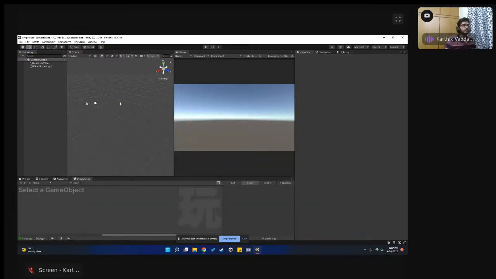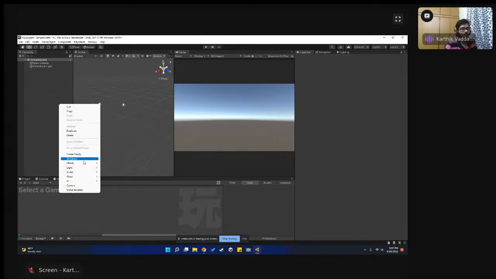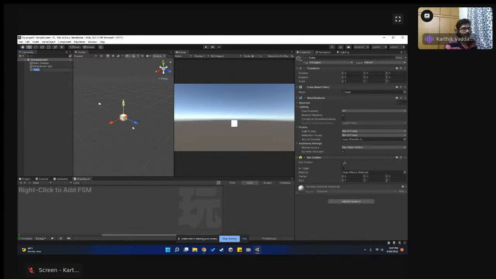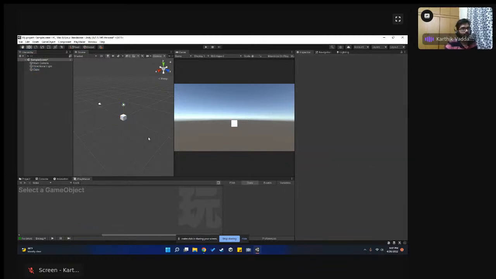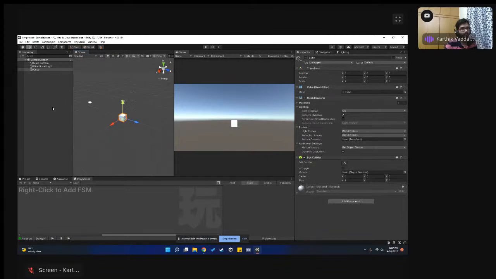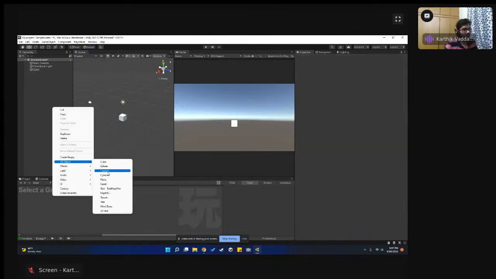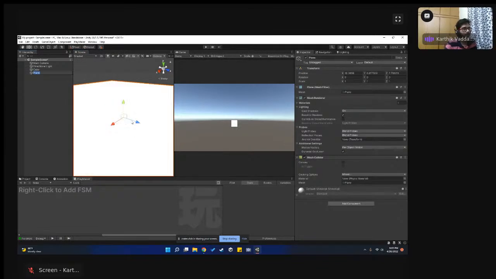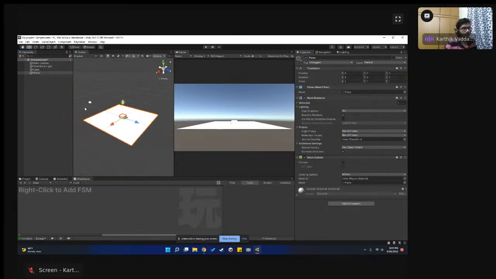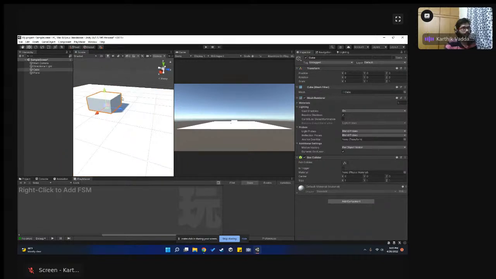So let's start by, what do you say, making a small village kind of scenario. So I'll just use white boxes in this game that we're going to create instead of using actual assets. It's better that way to just conceptualize any kind of game. And so I'll just create some